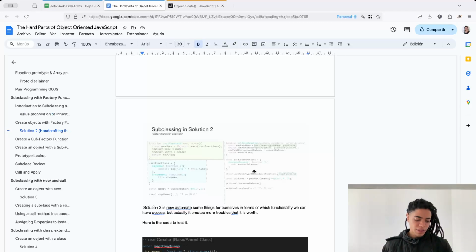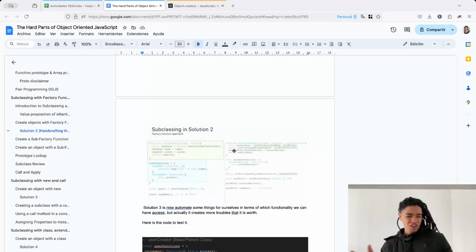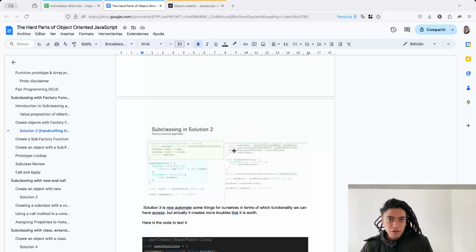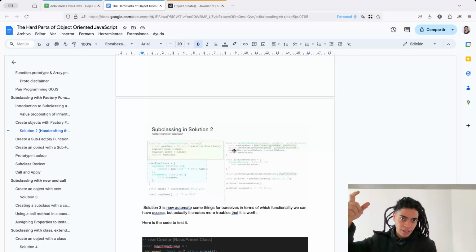Look at how much manual control you have when you are subclassing from factory functions using Object.create. On the subclass you modify the prototype to point to the function constructors,